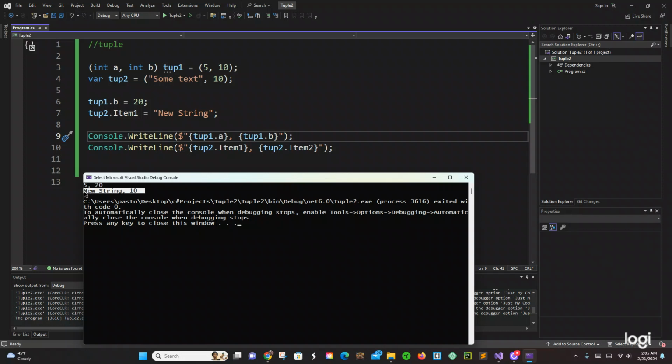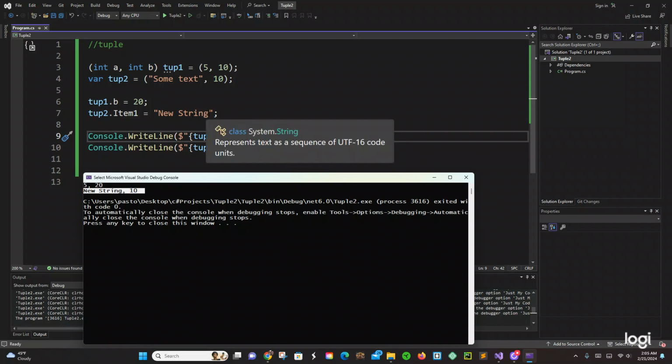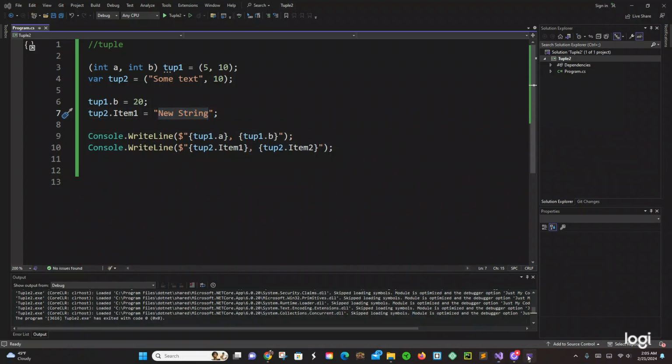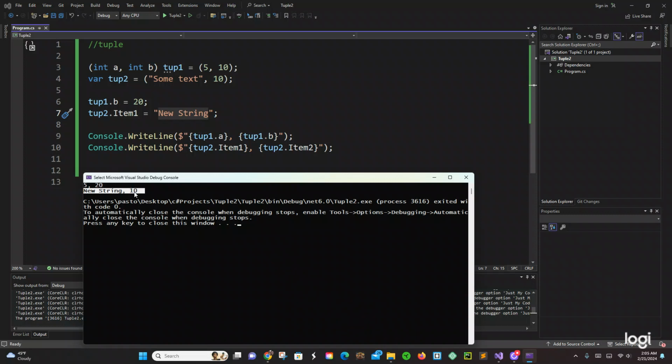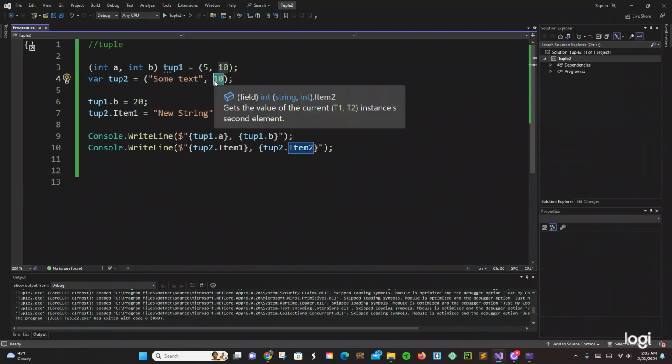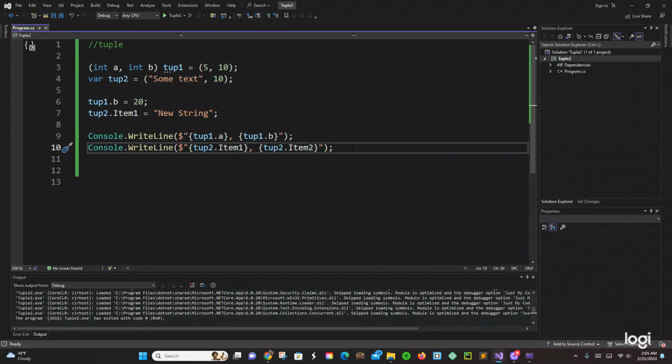And for the second example, I have the top two. I got item 1, which is the new string, and for item 2 we have that 10. Cool, that worked. Nice. And you can see the values of the tuple print out so nicely over here. So they give us a pretty clean way of returning multiple values from a function. So let's